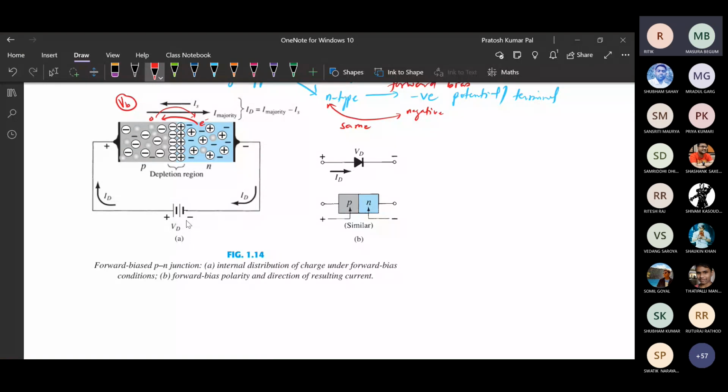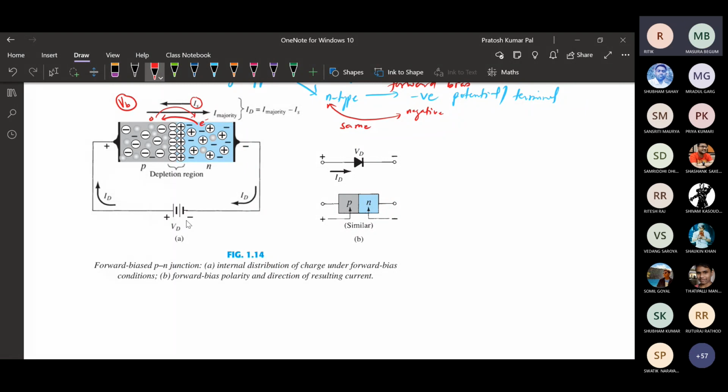Okay, so in that case also, whatever minority carriers are available, the same amount of minority carrier current will be there, because of the limited number of minority carriers. There are very few minority carriers, so this minority carrier current will be very small, and it will be similar to the reverse bias case and the no bias case. That means the minority carriers basically give a saturation current. The reverse saturation current that we obtained in the reverse bias case, a similar current will flow in the forward bias case also, carried by the minority carriers.